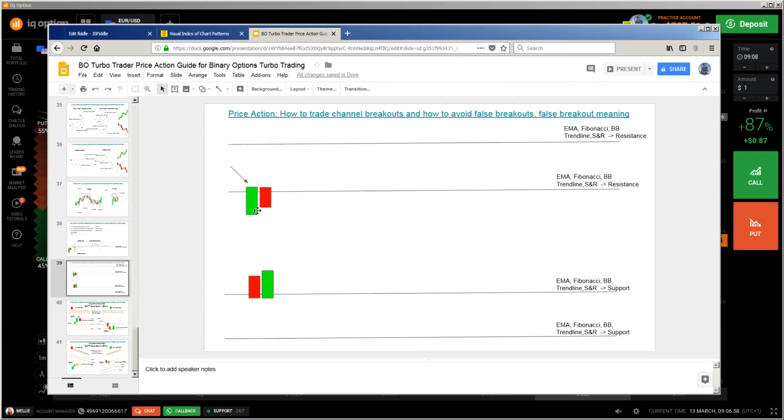Yes, this is a false breakout where the first candlestick goes out a little bit, and the next one returns back. The greater this difference here, the greater this distance between those EMAs, Fibonacci, support levels, and so on, the better the possibility that it is a fake breakout, because